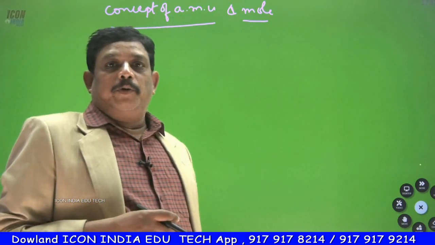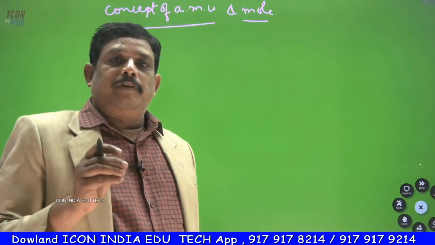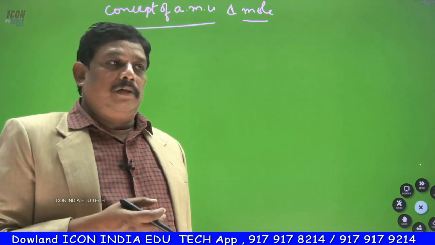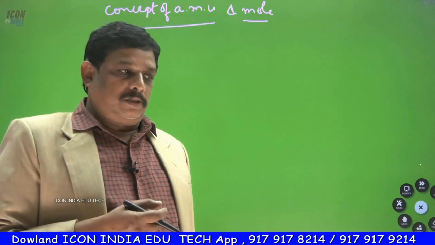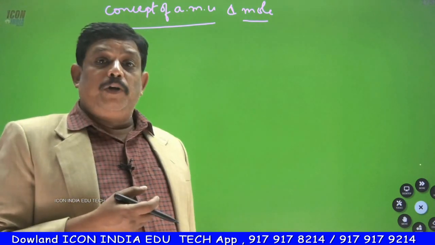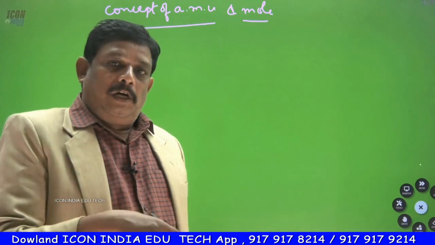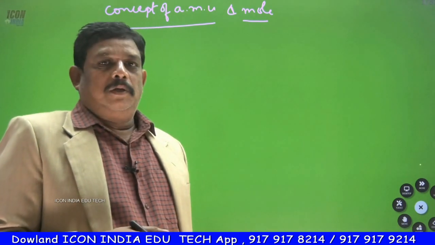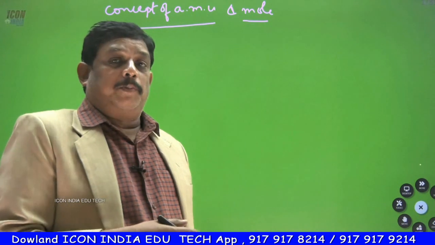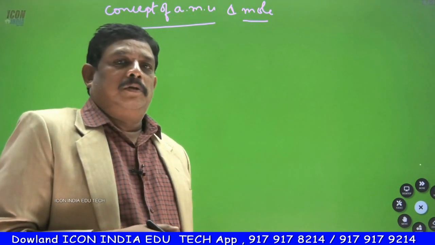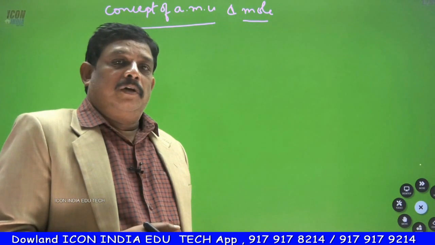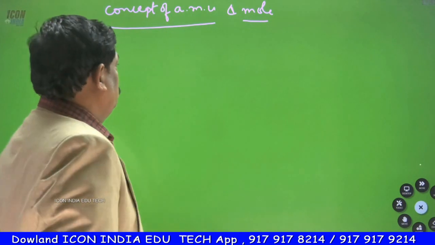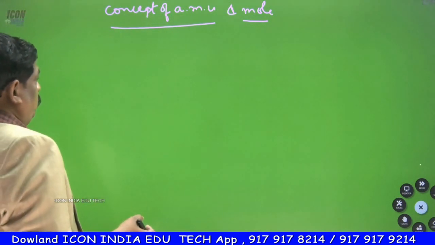So boys and girls, I am going to begin today the concept of AMU and mole. In stoichiometry, the basics of chemistry, we have done significant figures, laws of chemical combinations, and the third one we are taking up is AMU and mole concept. After all these concepts, we will do some problems, previous and this year's problems, and what kind of numericals can come in the exam. Some theory we'll do, and of course some theory and practice is also going on.